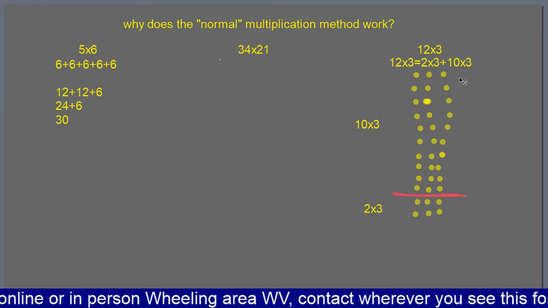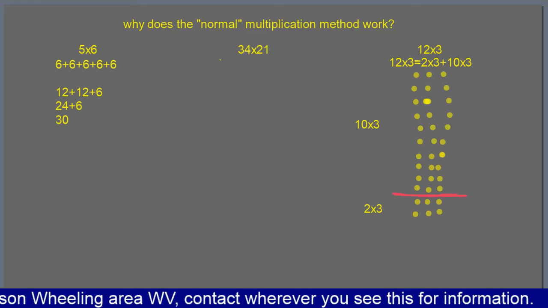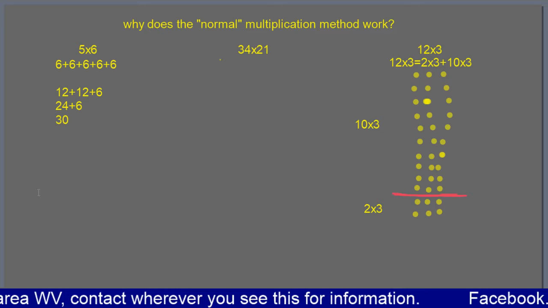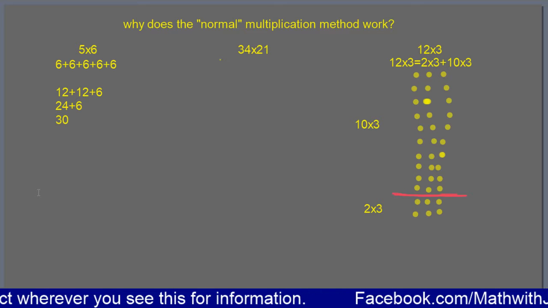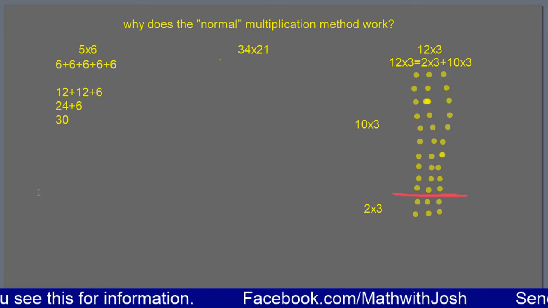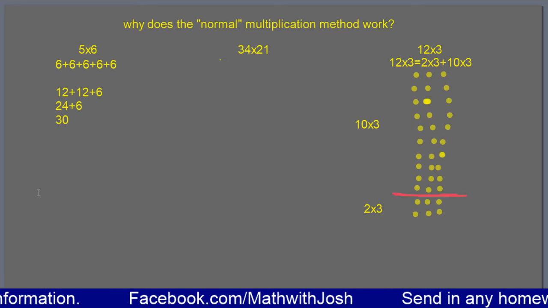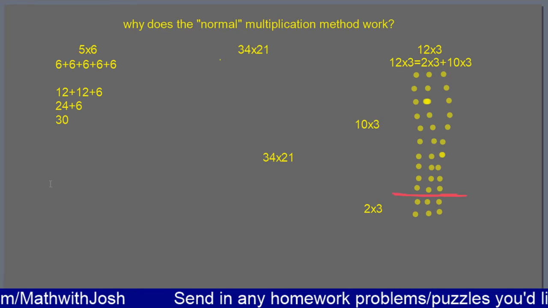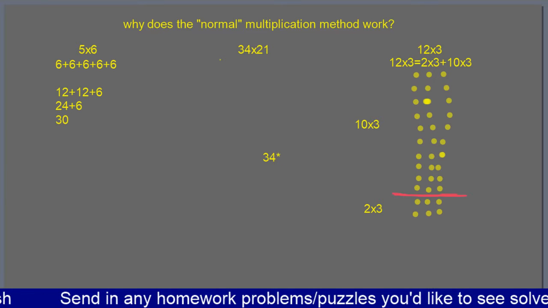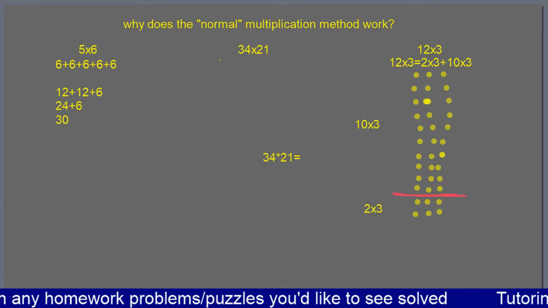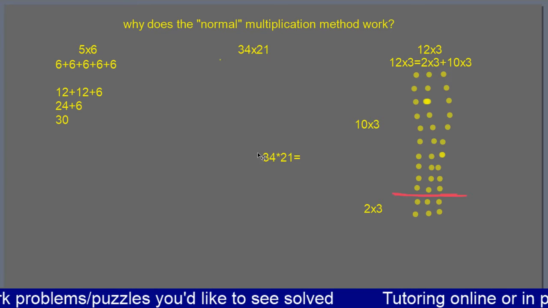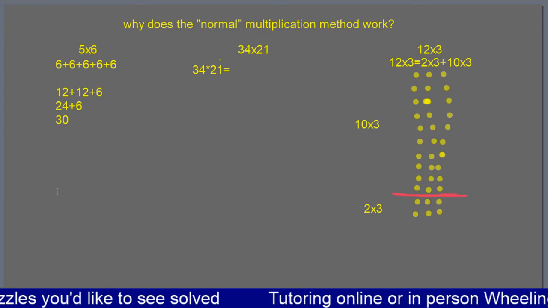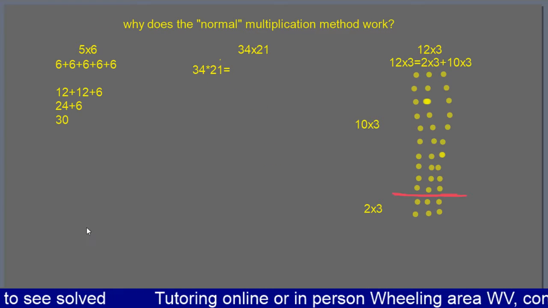And in general, this is a little bit of a jump, but this is the general idea. If we want to know, we can do a similar thing. So with 34 times 21, I'm going to use stars instead of x's for multiplication. The symbols mean the same thing. I need it to look a little more readable for you. So 34 times 21,